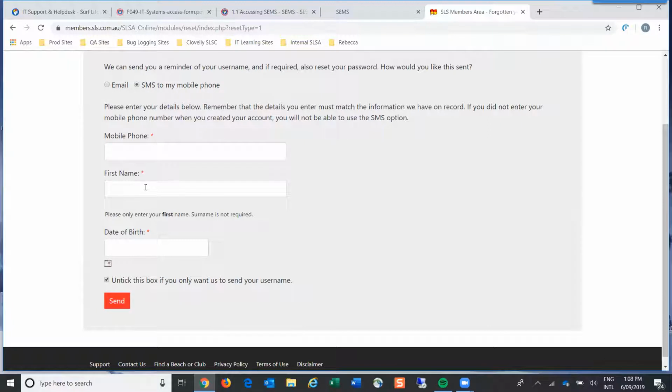It's not your full name. Please only enter your first name. Surname is not required. Date of birth, etc. Generally, I recommend you leave that ticked like that, because then you get your username and the password. Most people do a reset for their password, not their username. I just want to highlight this, because some people, for some reason, keep typing in their whole name when it only asks for your first name.